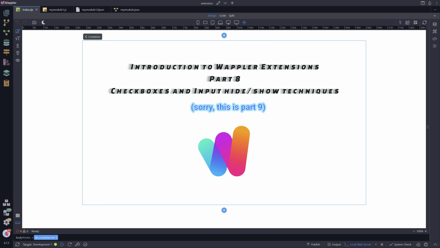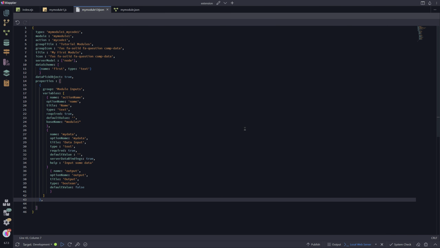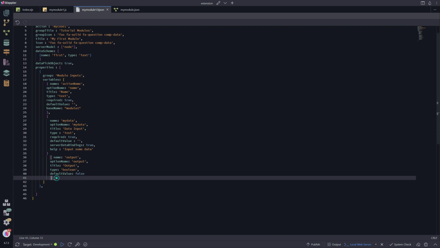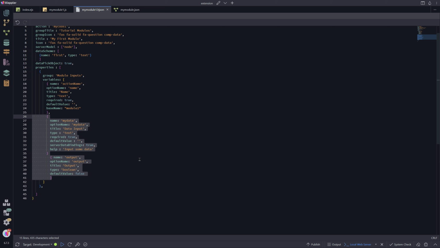We're going to be looking at using checkboxes, and we're also going to be looking at how we can use them to hide or show different inputs within our module. So if I go back to our HSON as we left it, first thing I'm going to do is something very simple. I'm going to copy both those inputs